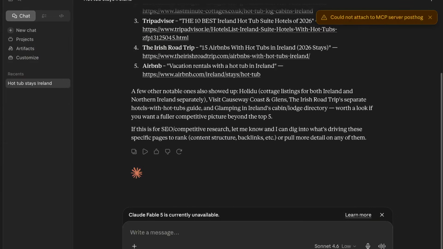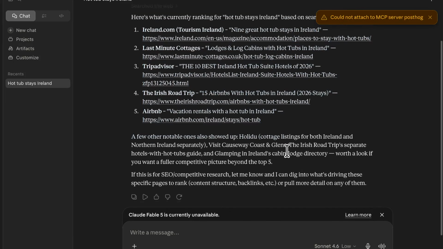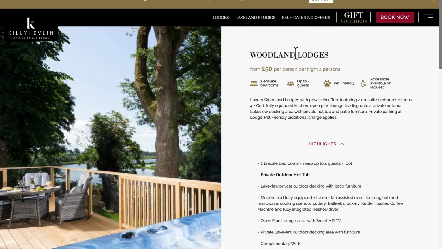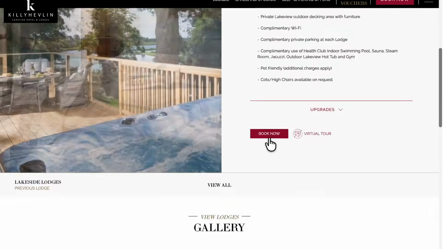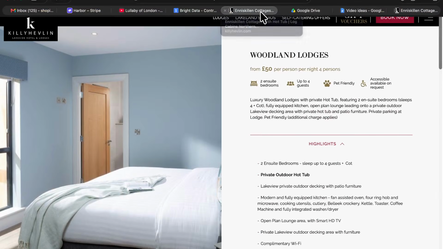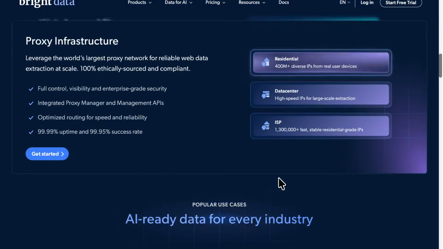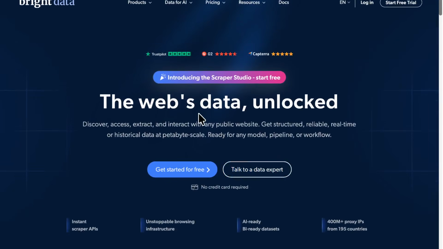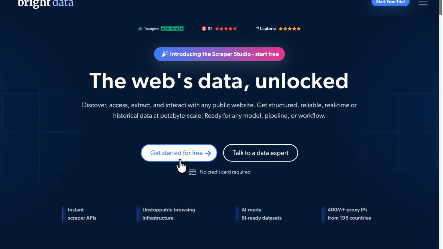So how does this work? I want to be able to scrape all of the pages that are relevant to my business and see how they are ranking. Like this page here, this is a page that we could technically use the SEO of, right? So that comes to our second piece of the puzzle, which is actually going to be Bright Data. The way this works is this can scrape the actual HTML of a web page